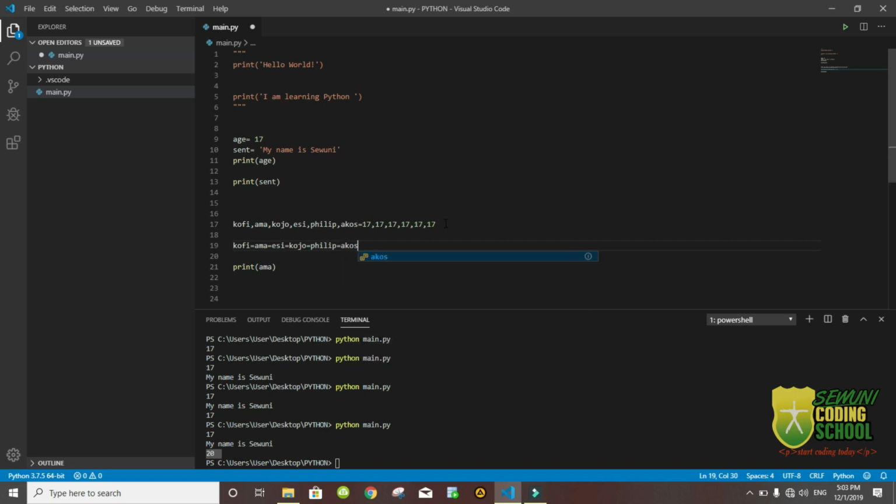All this one equals 17. Just save this file. Let me clear these ones. Just save this file. So all the variable names come here. They have a similar value, which is what? 17. So you just have to come to this side,